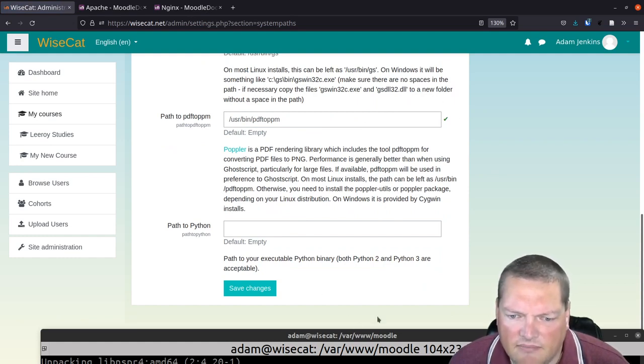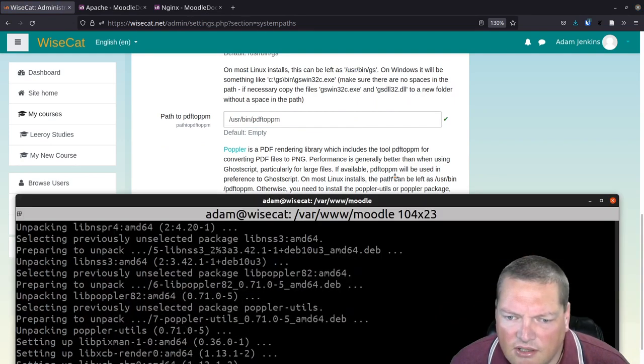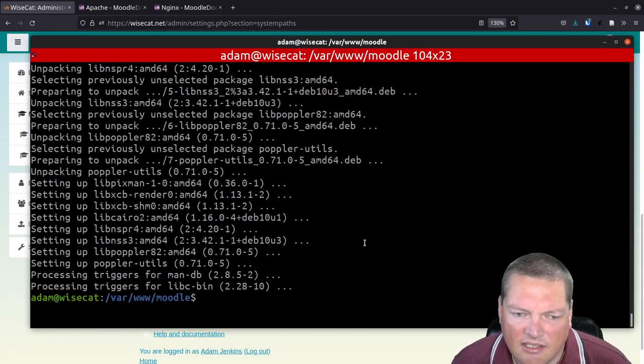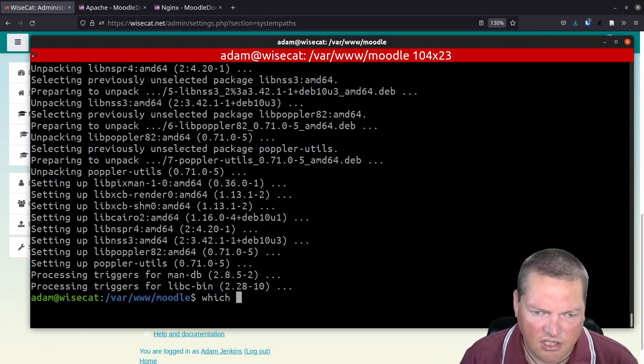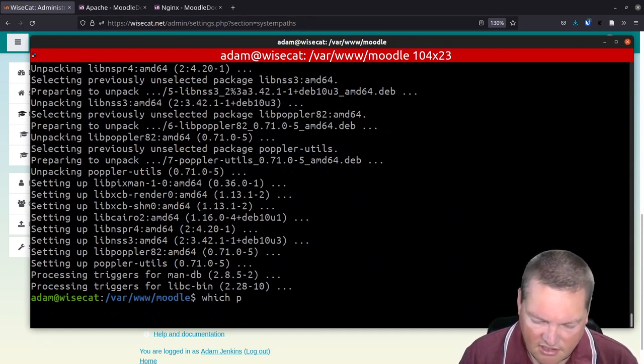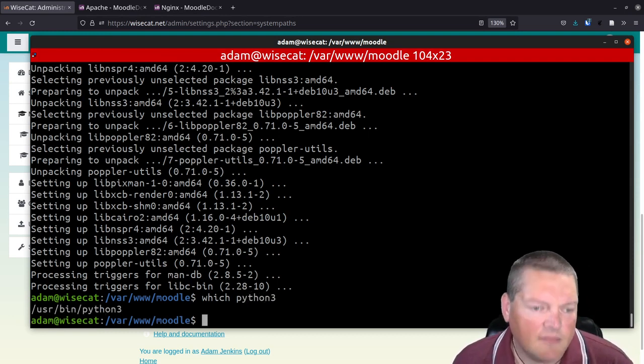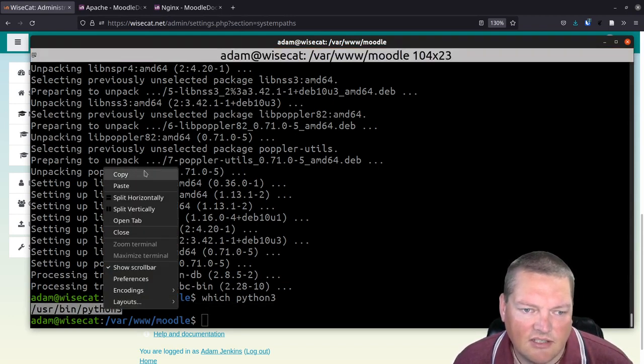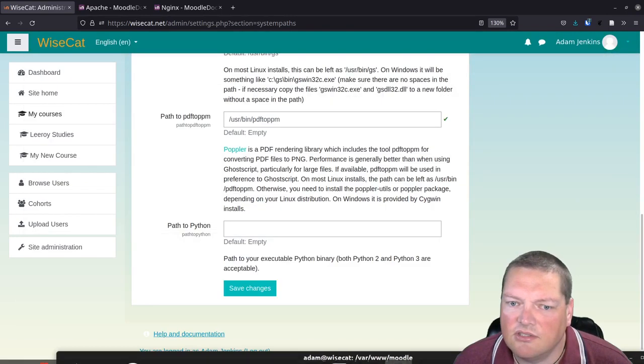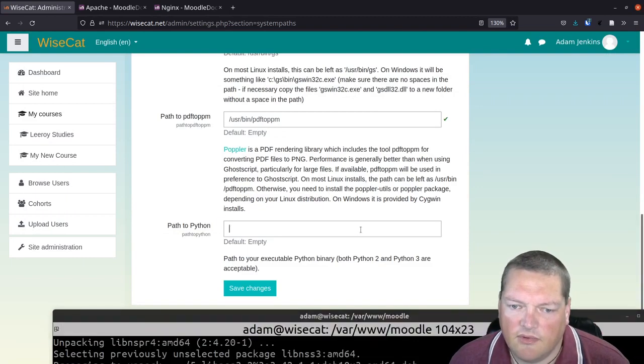And Python 2 or 3, you don't know which one you've got, so let's just take a look. Which is a command you can use to actually find what it is. Let's see, Python, no, let's try for Python 3. Python 3 exists, it's /usr/bin/python3, so that's the one. Let's just use that one. It's newer than Python 2, so let's just do it. So we've got all these